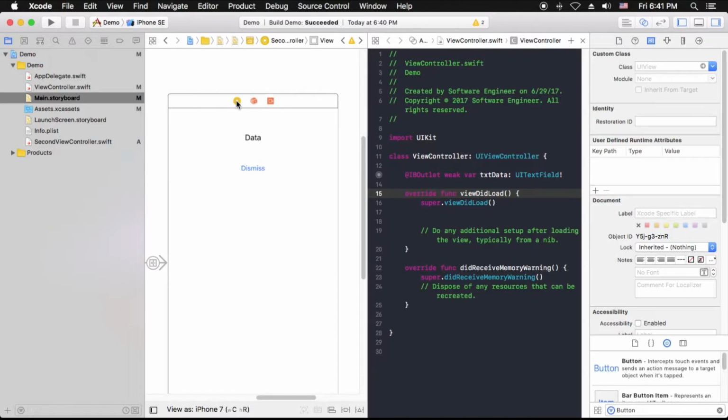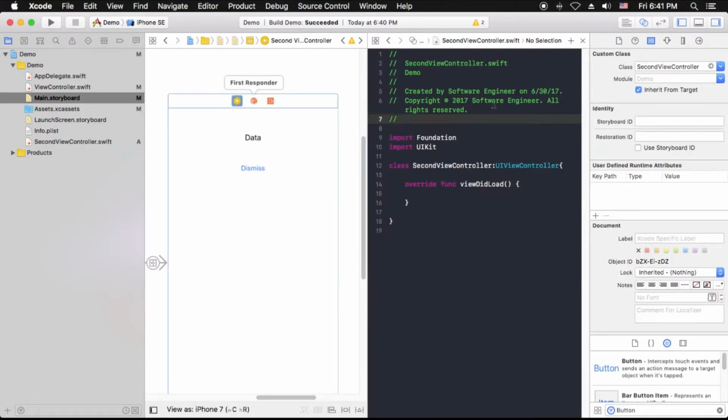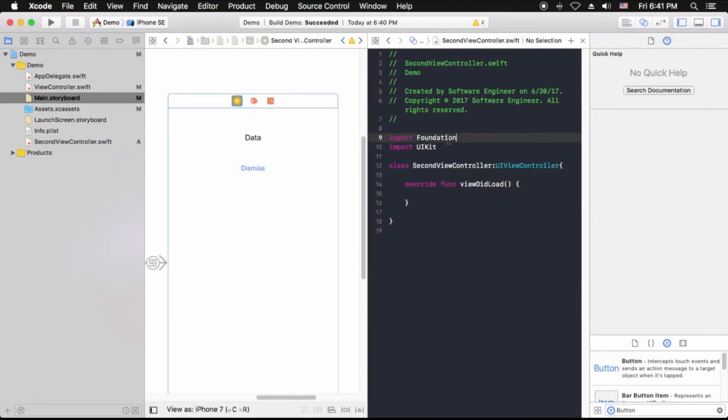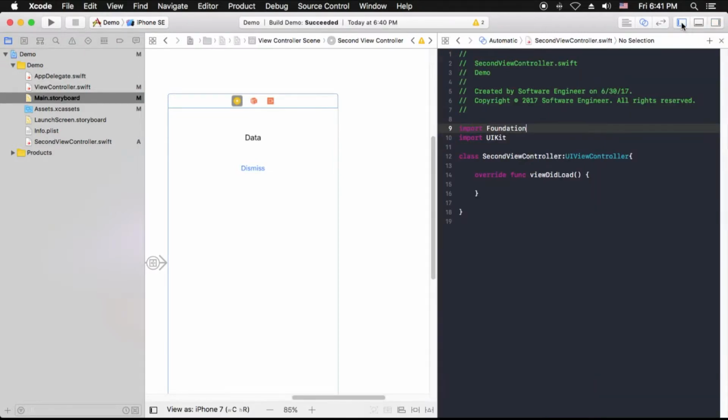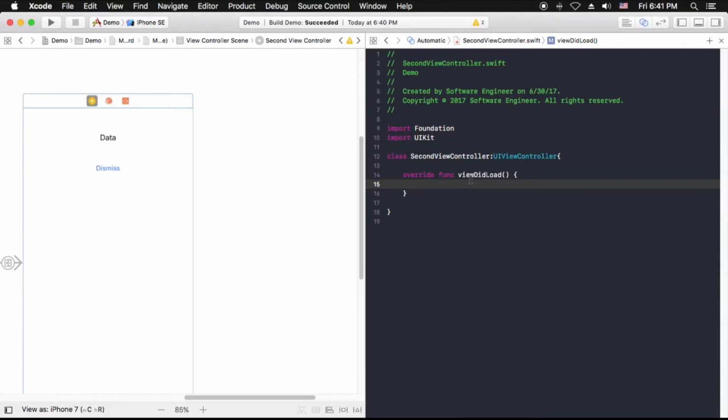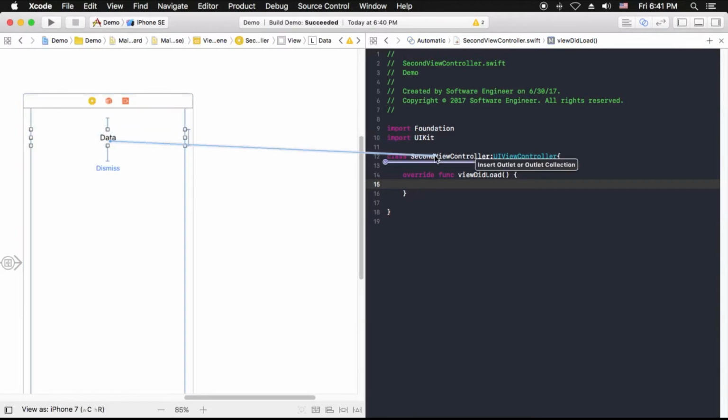Okay, so when we click our second view controller, bring in the assistant editor. It will show the second view controller's space. You can hide the other panel to make it a little bigger. Okay, we need to link our label to our code because we need to use it to assign a